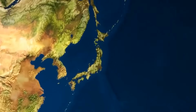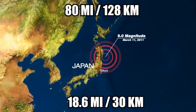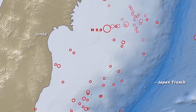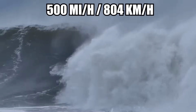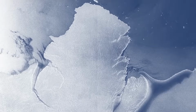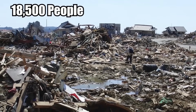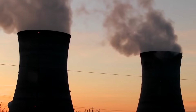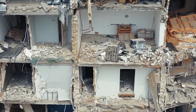The epicenter of the 9.0 quake was about 80 miles east of the city of Sendai and 18.6 miles below the ocean floor. Part of a trench actually ruptured with the force, leading to several destructive tsunamis that raced out at 500 miles per hour, with the waves even hitting the coast of Antarctica, causing a portion of an ice shelf to break off. The official death toll was around 18,500 people, with billions of dollars in damage and a critical nuclear emergency. So with all of this mass chaos and destruction, what would happen if a magnitude 10 earthquake